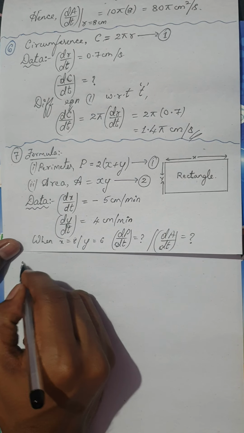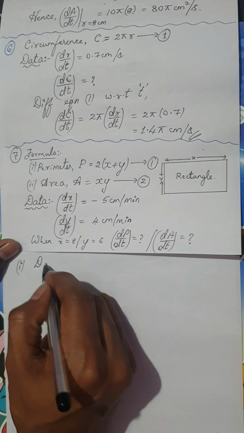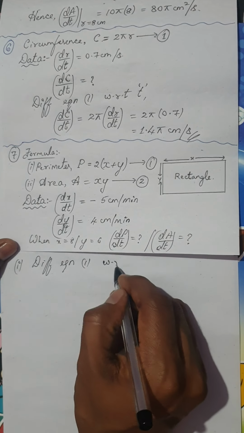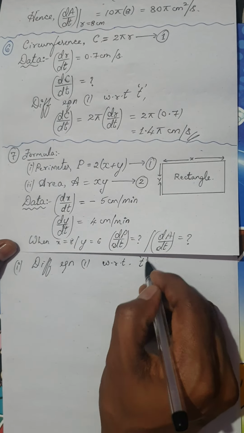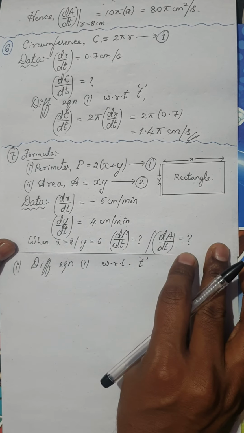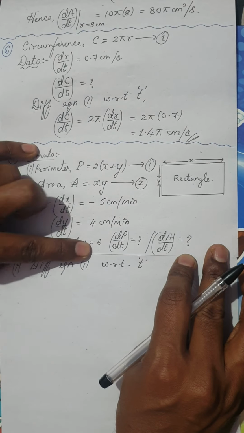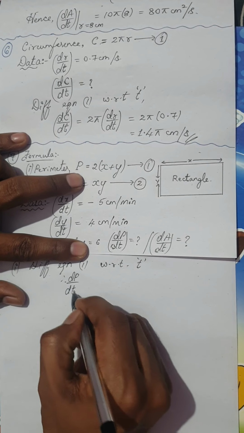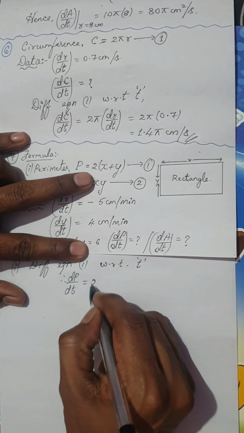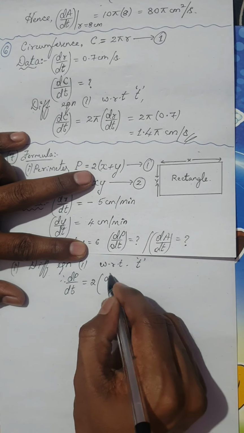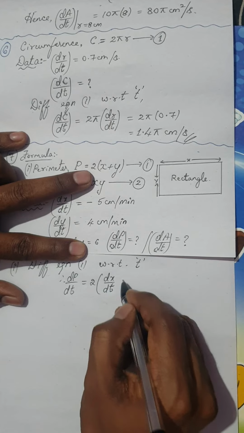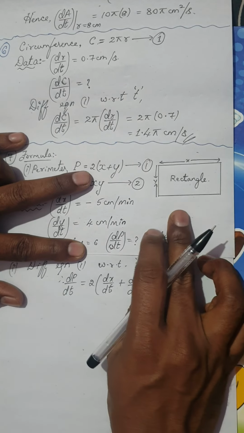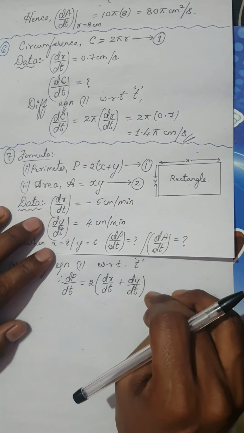Now in the first case, we are differentiating equation 1 with respect to time, that is t. Let me differentiate equation 1 with respect to t. What is equation 1 here? P. Therefore I'll get dp by dt is nothing but 2, a constant, keep it outside, x with respect to time will be dx by dt plus y with respect to t will be dy by dt. So this would be my derivative process.